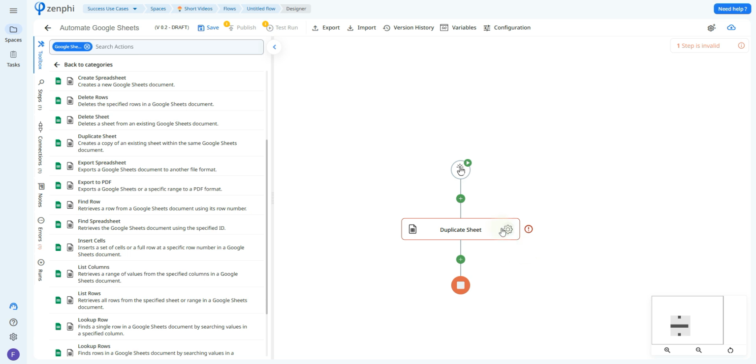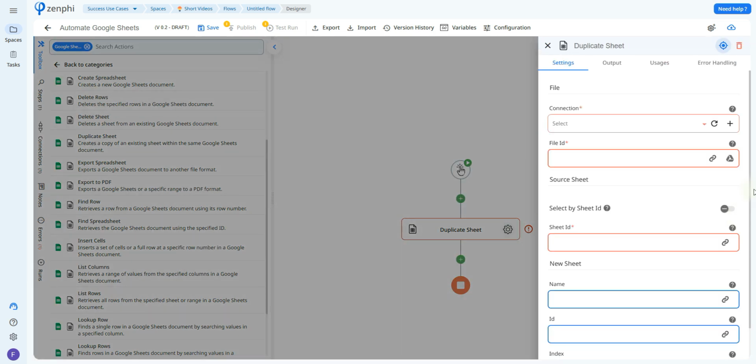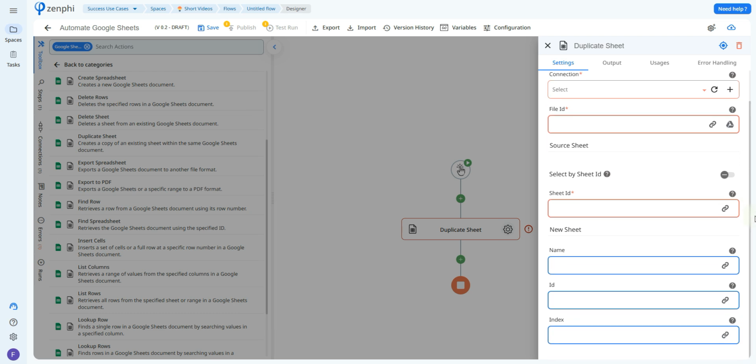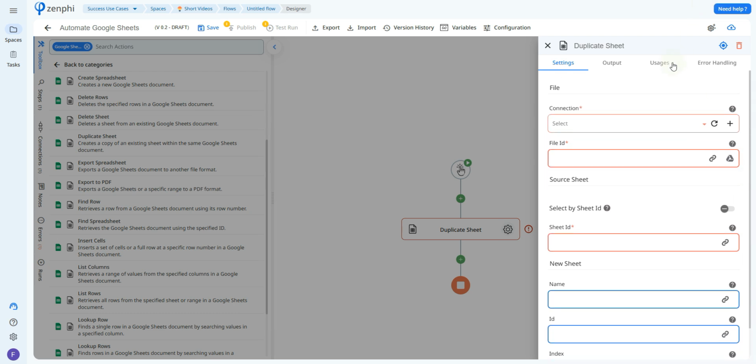You're going to click on the gear icon, and you're going to be able to see all of the mandatory fields also listed in red. First, you have to set up your connection. If you don't know how to do this, we'll have a tutorial linked in the description. Some actions may require only a Google Sheets account connection, and some may require a Google Drive connection, depending on if you only need to access a specific Google Sheet or